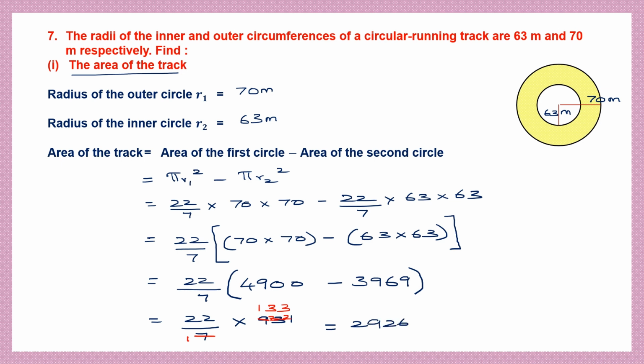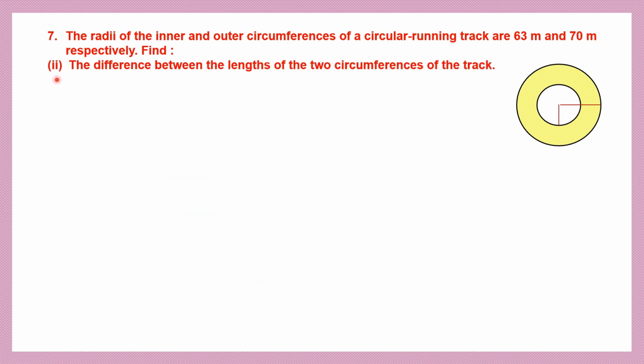This is the area of the track. So the unit should be meters square. So this is our answer. The area of the track is 2926 meter square. Yes. The second part of question 7, we have to find the difference between the lengths of the two circumferences